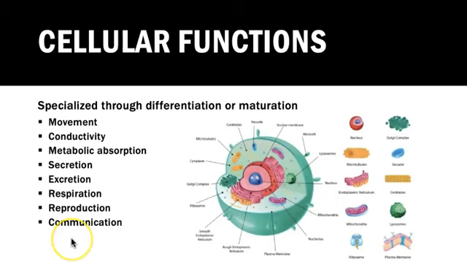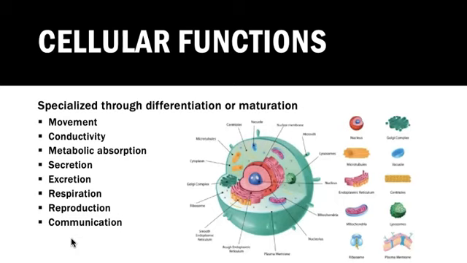So let's talk about those cellular functions a little bit more. We know that they're going to be specialized through differentiation or maturation of these cells. First up is movement. When we think of movement, the first thing we think of really is our muscles, because they're attached to our bones and they produce movement. We also find muscle within our hollow tubes like our arteries and our intestines, and other cavities can be lined with muscles too that can help move or empty contents from a structure,